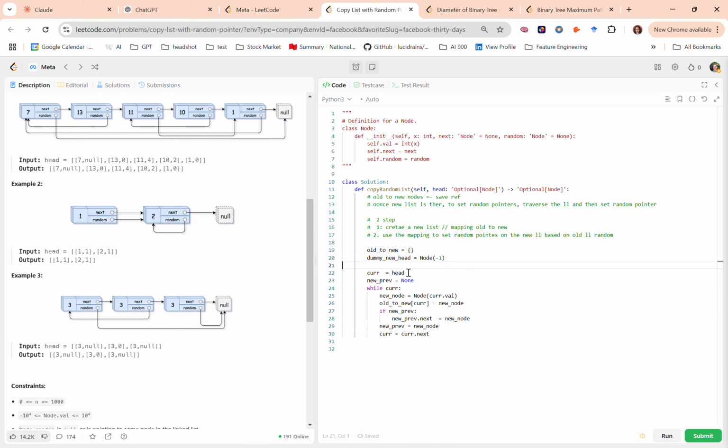I have a current and head, and current as head, and I'm creating new nodes. I am updating the old to new mapping, and if there was a previously created new node, then I'm of course setting its next pointer as this particular node. And then I'm again updating the pointer of the new prev with the new node for our next loop. And then I'm updating the pointers for the current, which is coming from the old node, of course. So this is step 1, and now step 2 is going to be